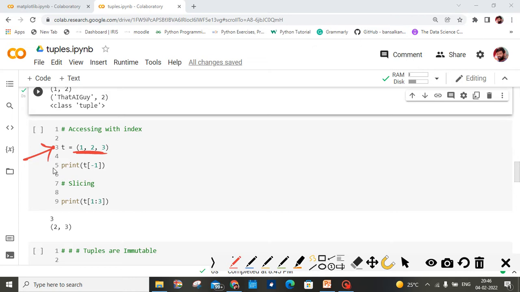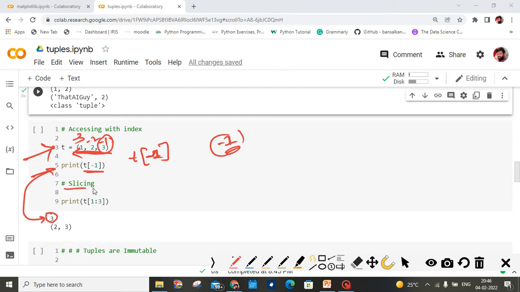Now print -1, we are giving an index value -1. What does -1 mean? Index -1 means it will come from the last side. This is -1, this is -2, this is -3, right? So when I print -1, what is the value at that -1th index? It is a value of 3. So when I print that, it is giving a 3 value.